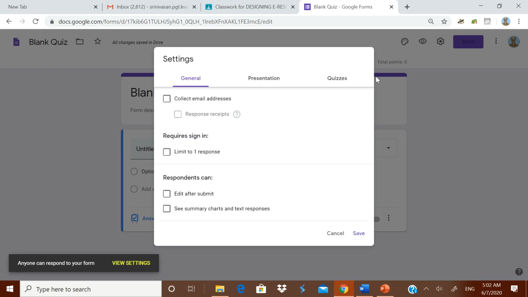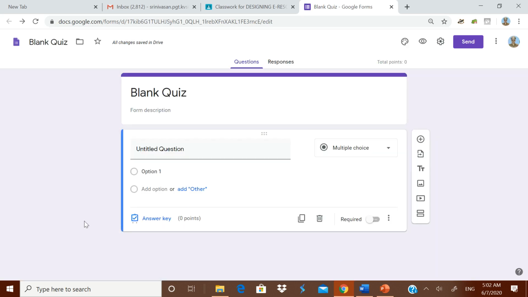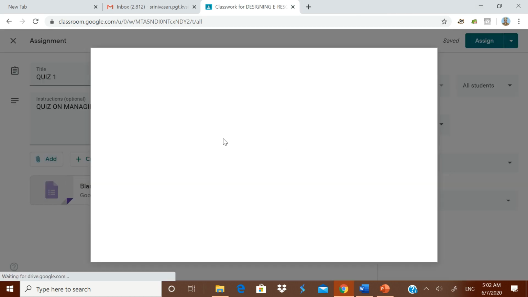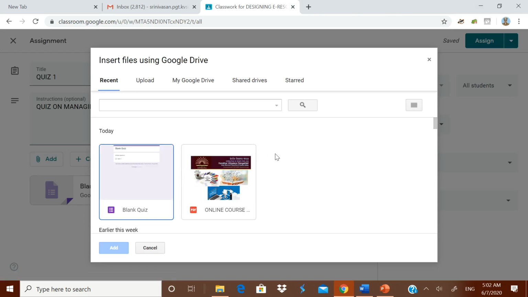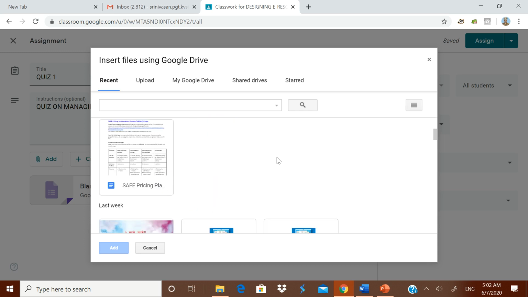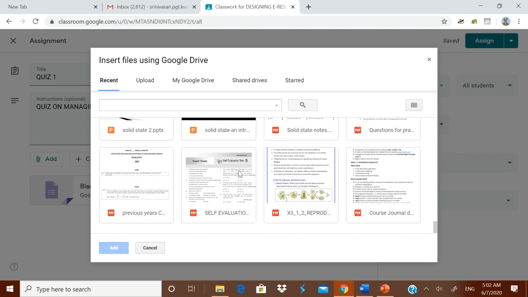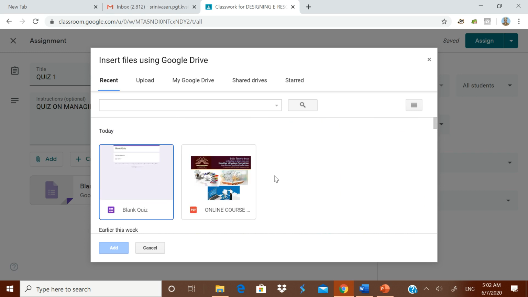You can see over here, I think you know how to convert it into a quiz. You see already it is a quiz now, no need to do anything. Suppose you are telling that, sir, I have one quiz, I already made it in my Google Drive. From the Google Drive also you can give it. The Google Drive account in which you are there, it will come over there. You can add a quiz from your drive also.